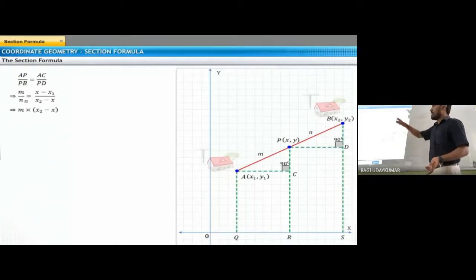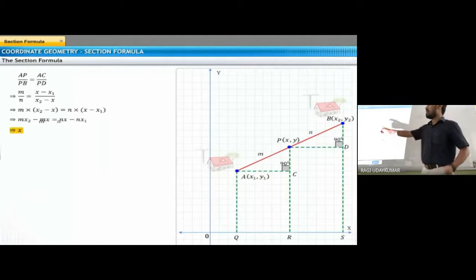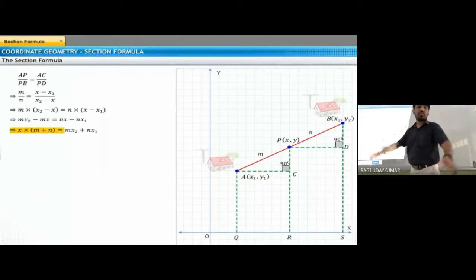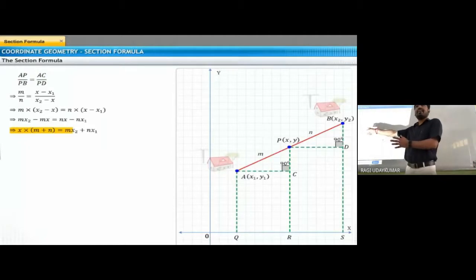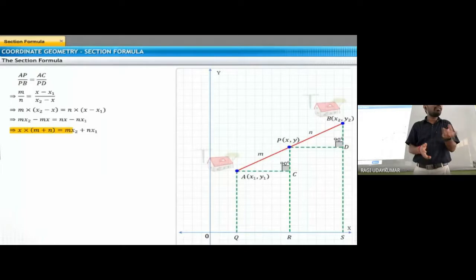Okay, so that we have taken. And from that equation I'm solving for x. With cross multiplication we are going to get the x. This is going a little fast, so I will explain the cross multiplication. It is simple. After cross multiplying, we need to find the x coordinate. We need to take all the x terms together.